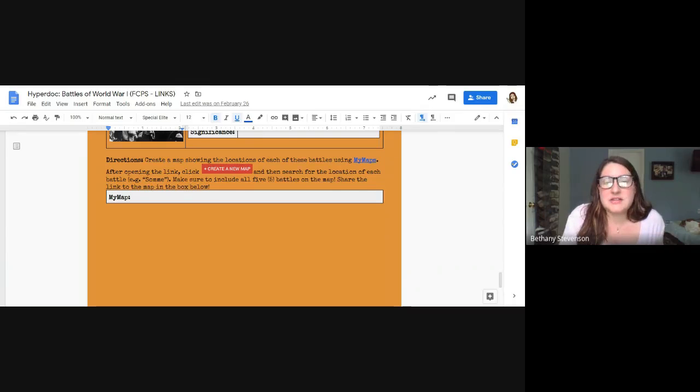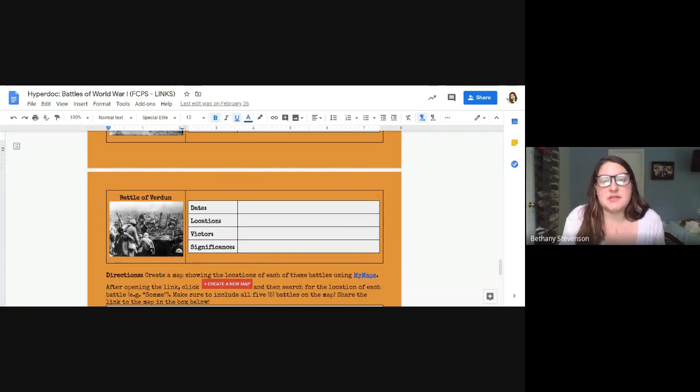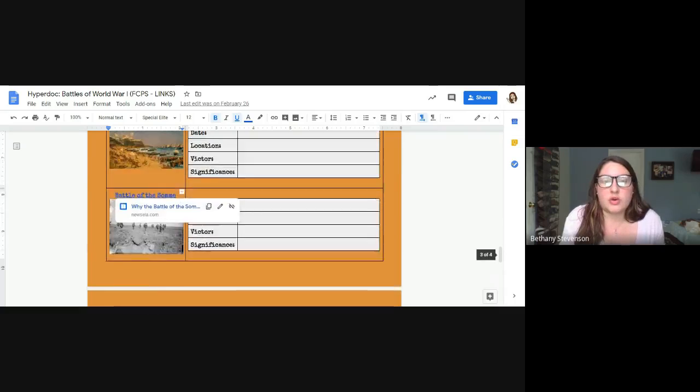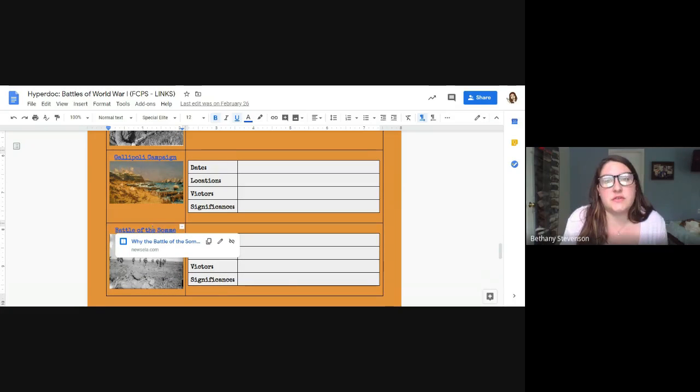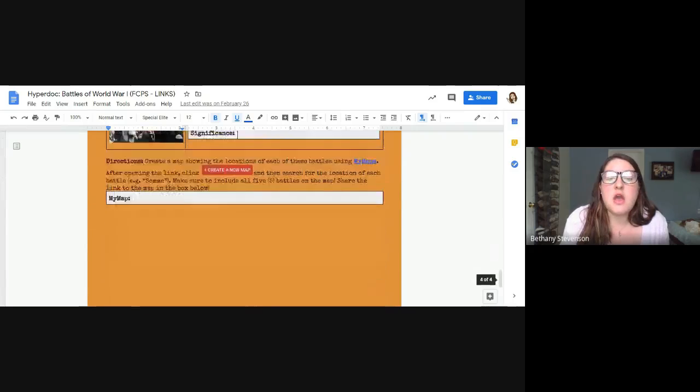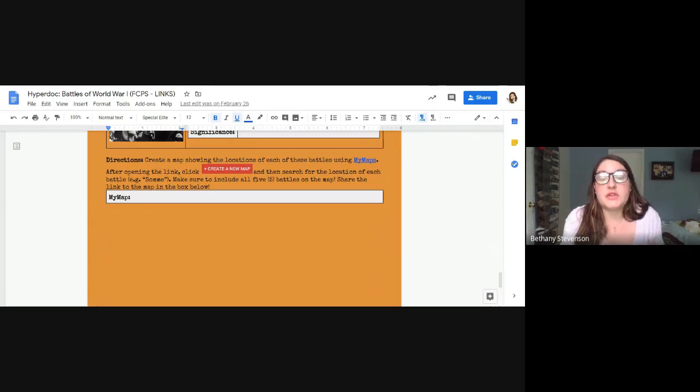So lots of my Hyperdocs have places like different colored boxes or clear charts that ask students to put the information that I'm asking them for in a specific place. But if you're asking them to use a tool like Adobe Spark, or something like creating their own Quizlet set or creating their own Kahoot as sort of like a summary piece of one of the activities, you can include directions in your Hyperdoc that ask them to do whatever the thing is that you want them to do,